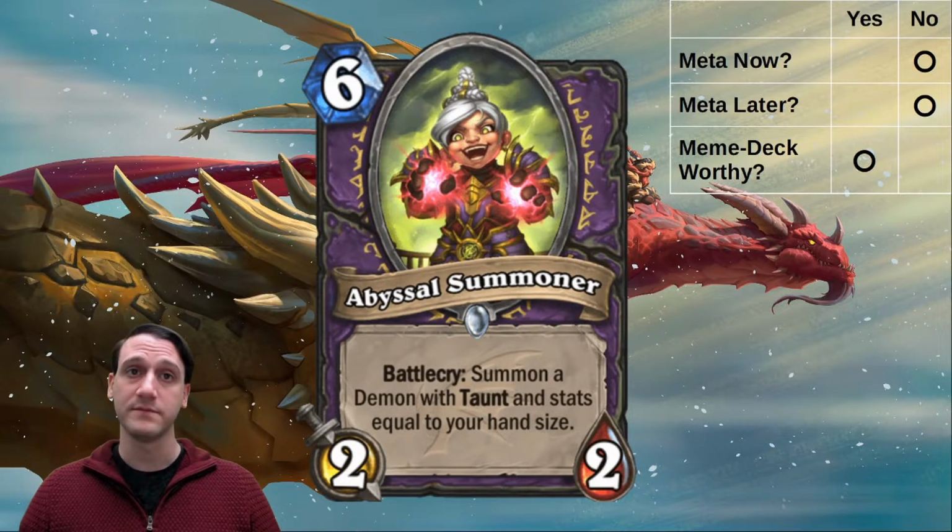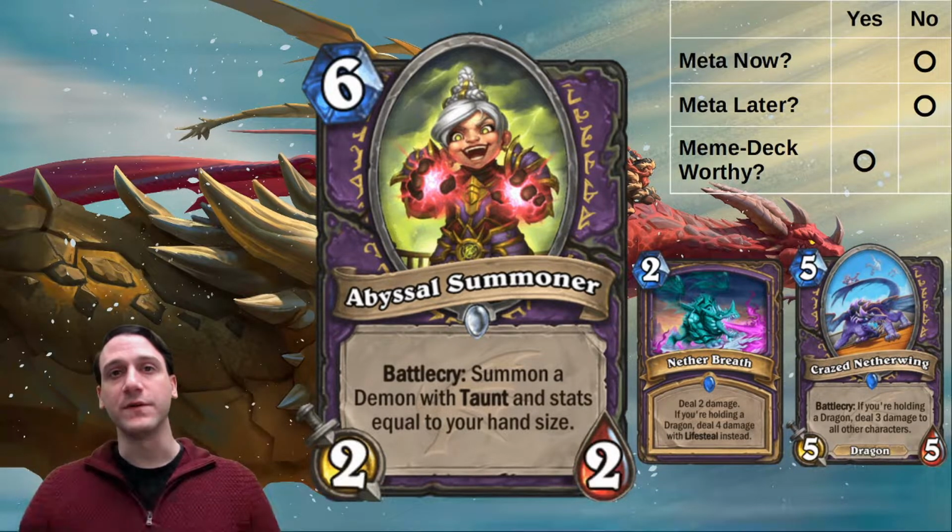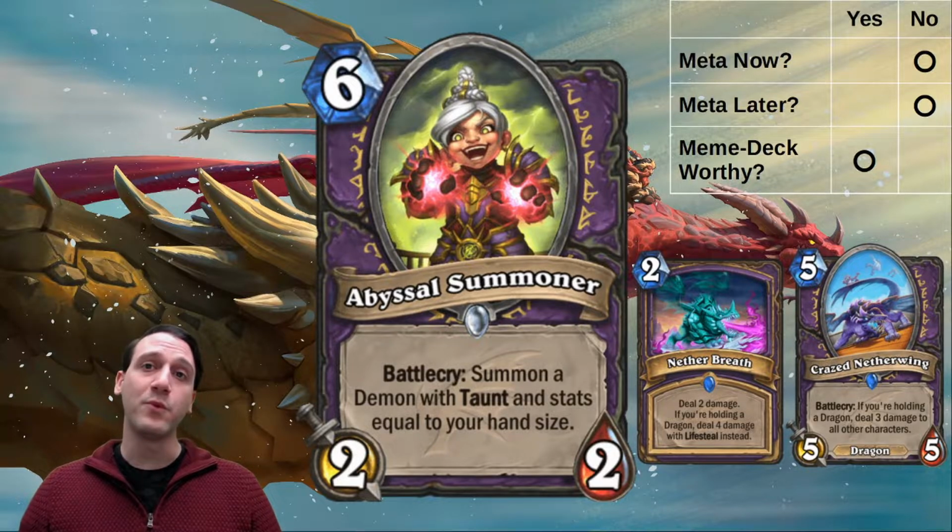However, with Zoo Warlock being the only current meta deck, she would not summon any Abyssals in the current meta. If Handlock has enough tools to make it in the new meta, then she's a nice reward for playing the archetype. Warlock has gotten several new control tools with Nether Breath and Crazed Netherwing, and paired with Valdris Felgorge, Handlock might have a chance. However, Nether Breath needs more dragons than Crazed Netherwing to be good, and there have been surprisingly few good neutral